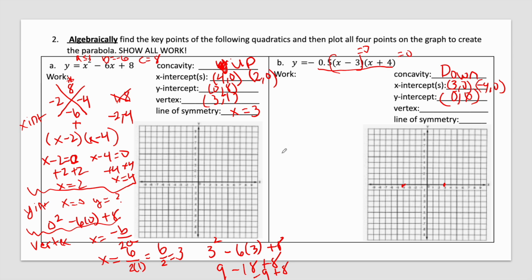But in order to find it, I just need to find the average of the two numbers, 3 and negative 4. Adding them up and dividing by 2 because there are 2 numbers is going to be negative 1/2. So not a very nice line of symmetry, which means our vertex is not going to be very nice either. If I plug in negative 1/2 into here,